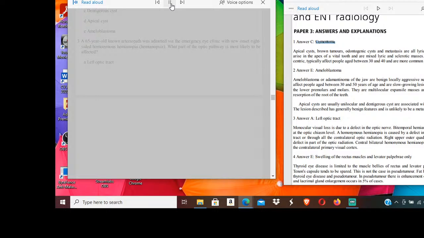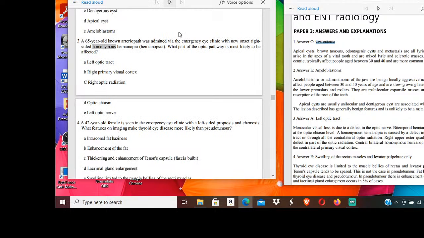E. Ameloblastoma. 3. A 65-year-old known arteriopath was admitted via the emergency clinic with new onset right-sided homonymous